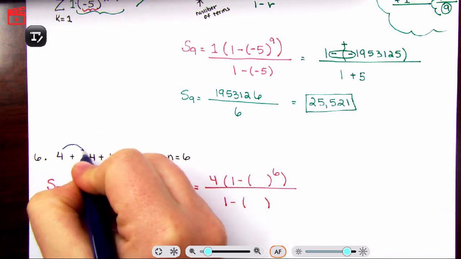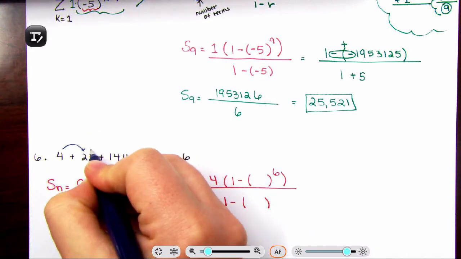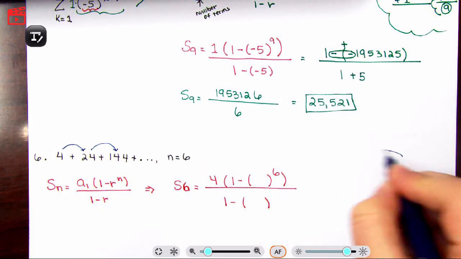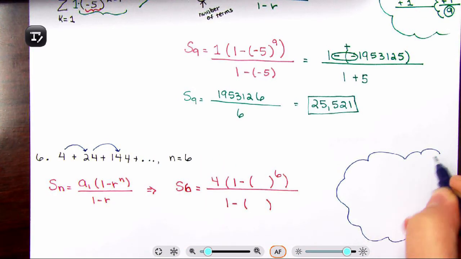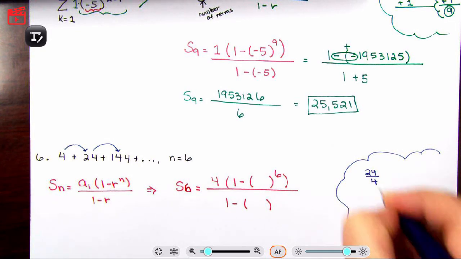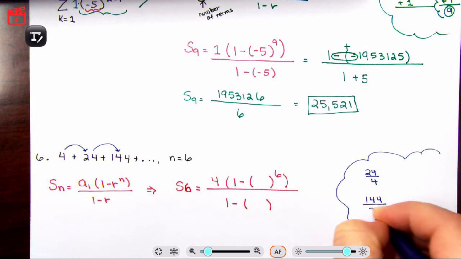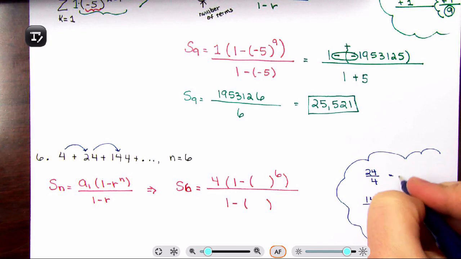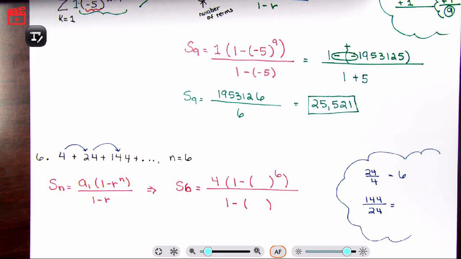So I'm doing 4 times what is 24? 24 times what is 144? And etc. So I'm going to just off to the side do division. I prefer to find my common ratio with division. So I have 24 divided by 4. I have 144 divided by 24. So 24 divided by 4, that is 6. 144 divided by 24